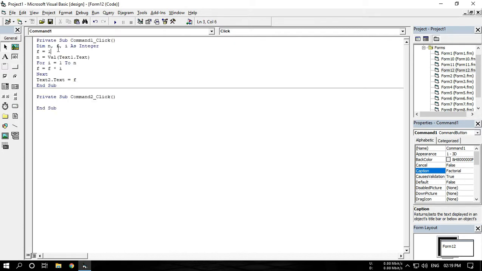and in command 2 we have clear button, which is text1.text will be nothing, then text2.text will also be nothing, then text1.SetFocus,